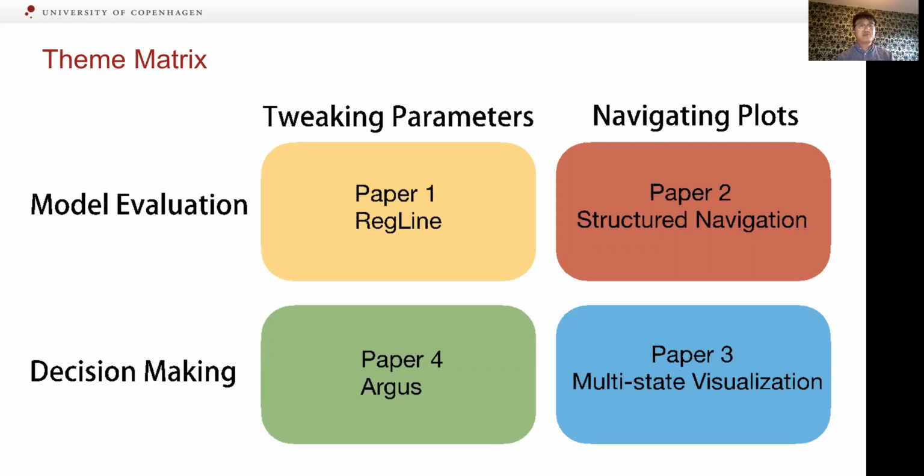The 2x2 theme matrix explains how I combine them together to explore the space of understanding models. The column names are the visualization approaches, and the row names stand for the 2 challenges. Each grid cell is a combination of 1 challenge and 1 visualization approach, which serves as a theme. Each theme is investigated by a research paper.